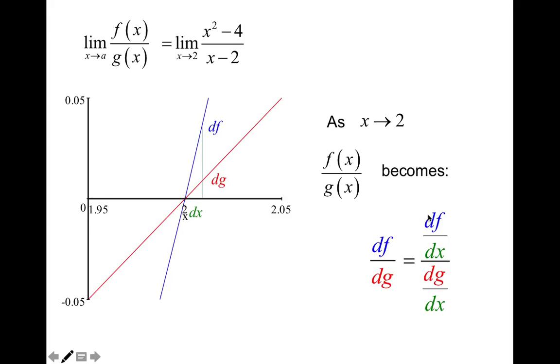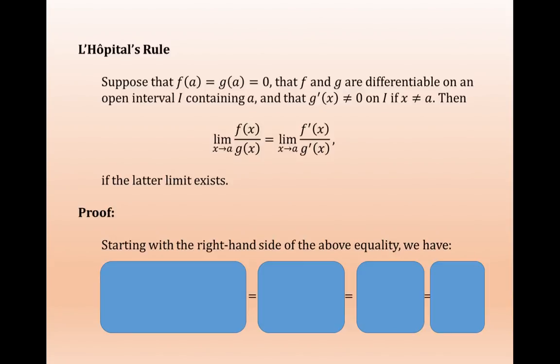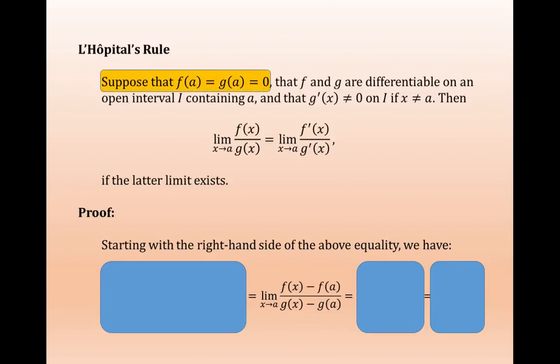Here's another proof of that statement. Here's what L'Hopital's rule says. Given that f of a and g of a both are equal to 0, that's important. Given that f and g are differentiable and that g prime of x isn't 0,